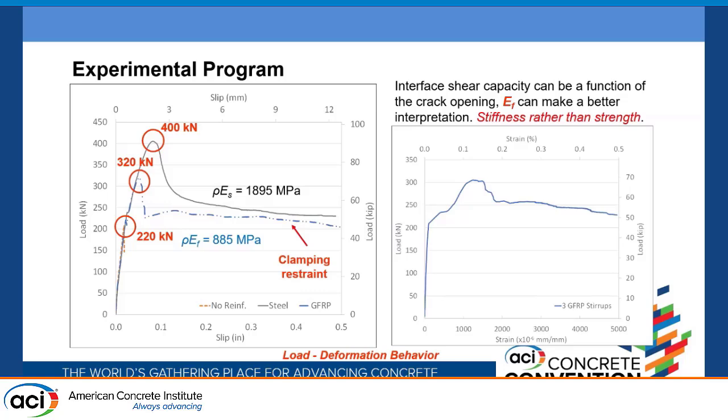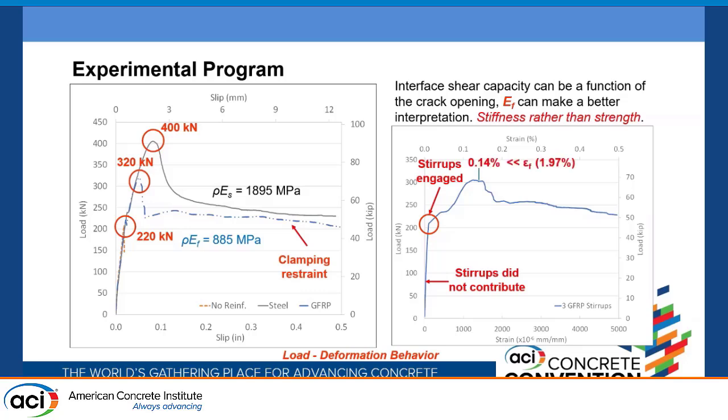And as you can see, at the beginning of the test, the main contribution to the interface shear transfer capacity is given by the concrete. So we have almost a vertical line because the strain increases at a very small rate compared with load. So that means that at the beginning the stirrups did not contribute to the interface shear transfer capacity. But once the cracking in concrete happens, the stirrup is engaged and starts to participate until the peak load is reached. And this point is